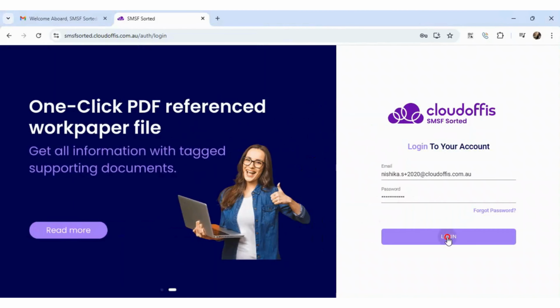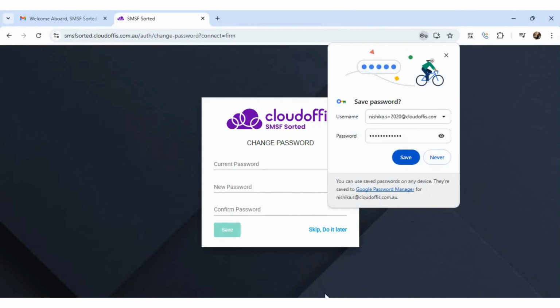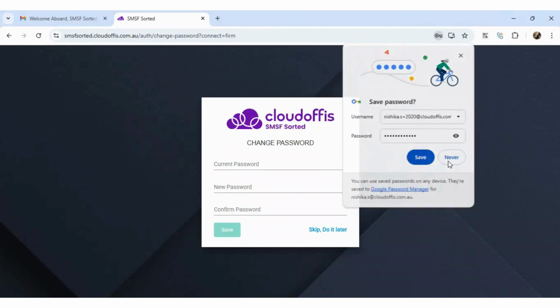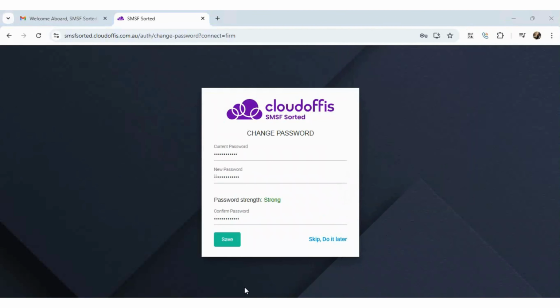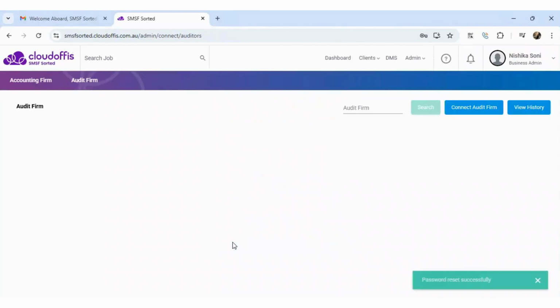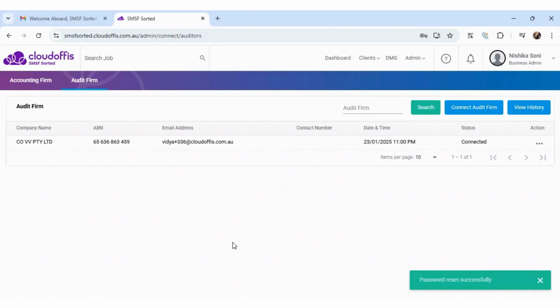Use the credentials from the follow-up email to log in. You will be redirected to change your existing system-generated password received in the email. Once done, you will be logged into the Sorted Basic portal and redirected to the Audit Firm tab of the